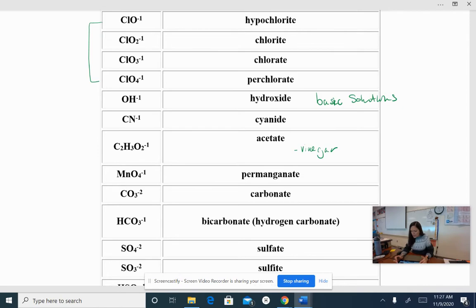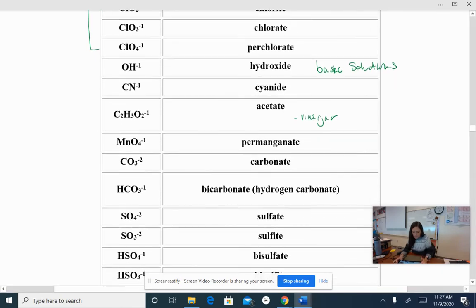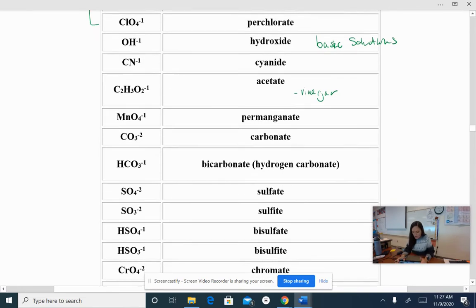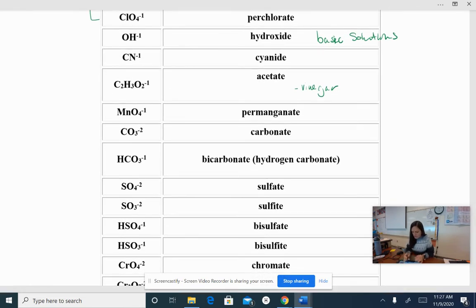Okay. Permanganate, MnO4 -1. This creates a lot of bright purples here. Carbonate, we use carbonate a lot in, as I said, like baking soda is sodium hydrogen carbonate or sodium bicarbonate. It goes by both names. That's why we have the bicarbonate. Notice we just put a hydrogen on here and it took that charge from a -2 to a -1, adding